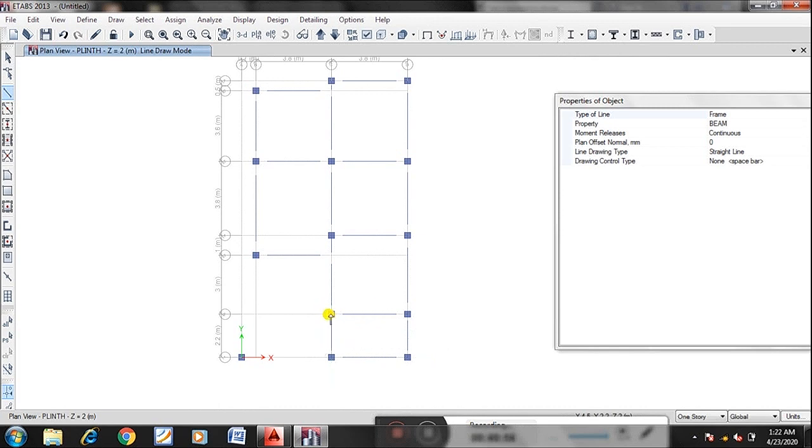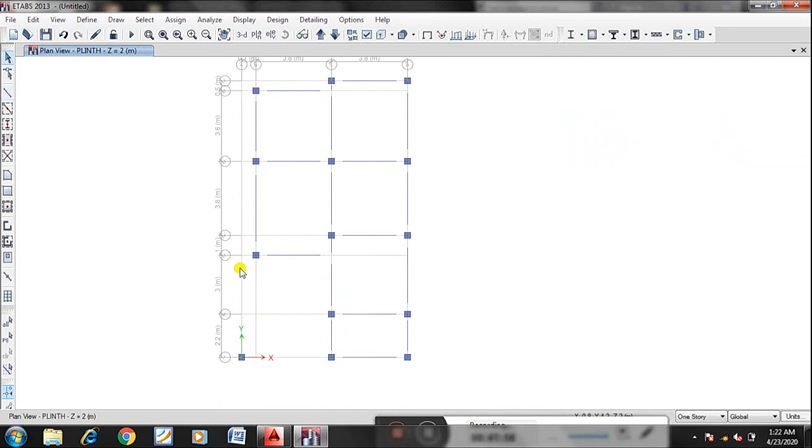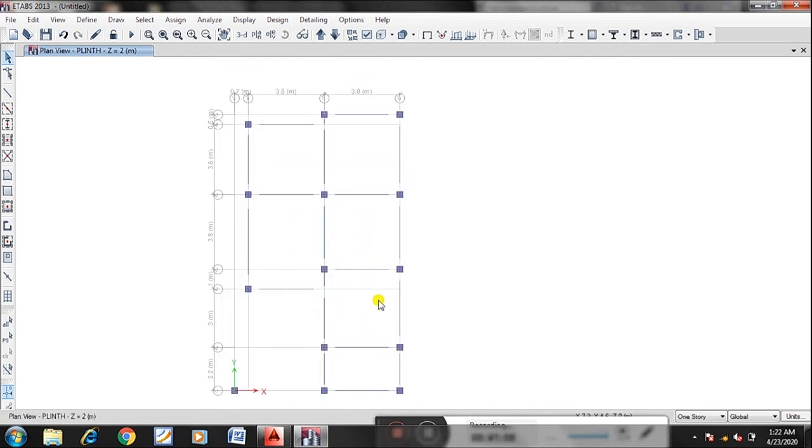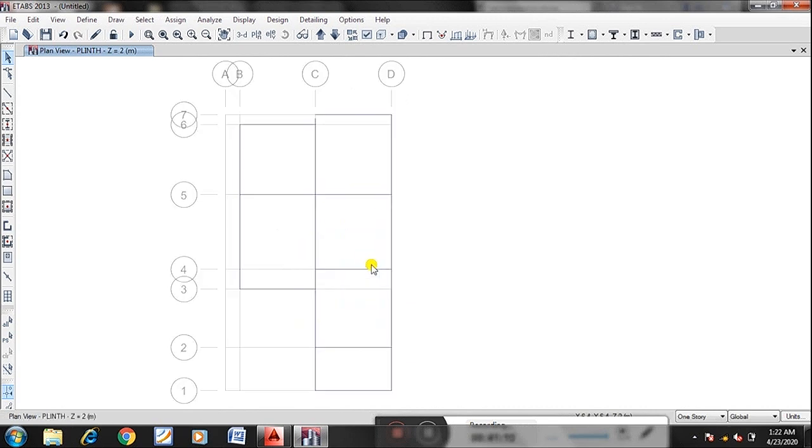These are all plinth beams. Let it be. We will not use beams at these locations, which is not required. Simply wherever you want you can take beam, you can draw the beam. So this is the actual model of this one.